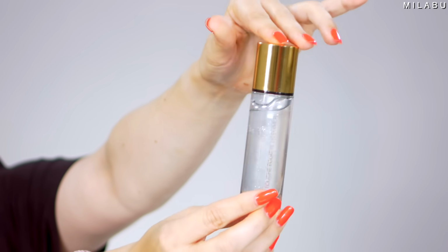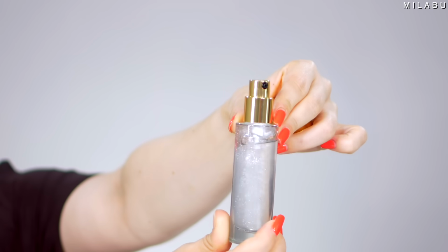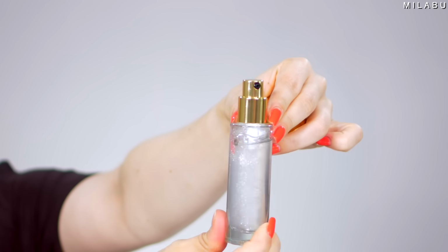This right here is the Touche Éclat Blur Primer. This right here retails for $52. Has really high reviews, and they're saying this is supposed to be a non-greasy, lightweight makeup primer with light infused pigments and 4 nourishing oils that blur imperfections and smooth and lock in skin. Smooths the look of skin, smooths and locks the skin. That doesn't make sense. Honestly, it kind of feels like the Maybelline Baby Skin. If you ever tried that, kind of just blurs everything, but